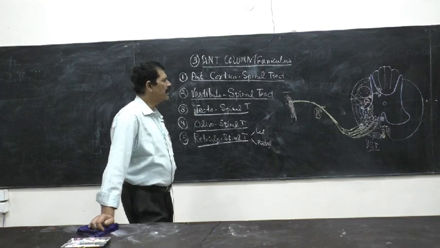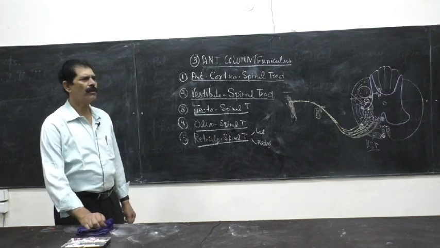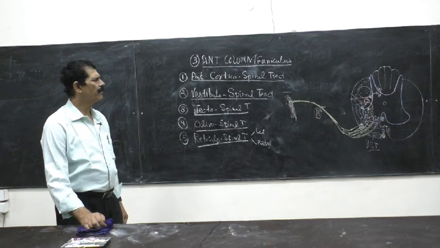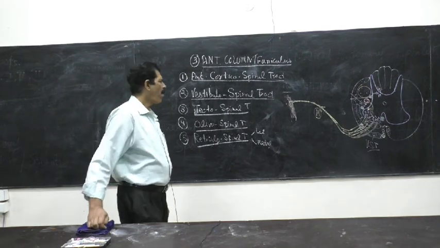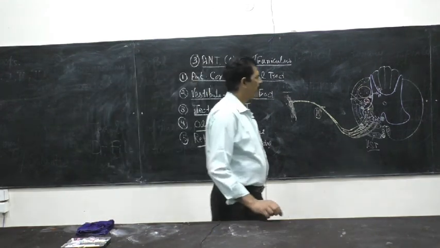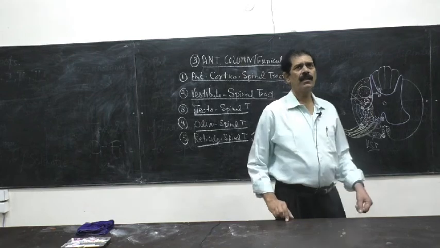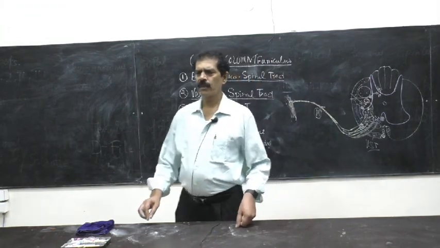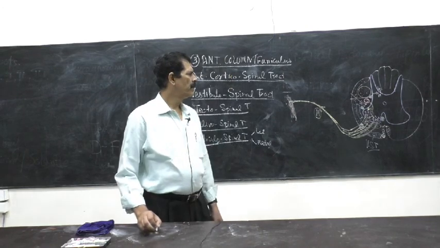So these are the tracts you must know how to label and how to make in the posterior, lateral and anterior white matter of the spinal cord, with their functions, whether they are ascending or descending. So this is how we have to finish with the